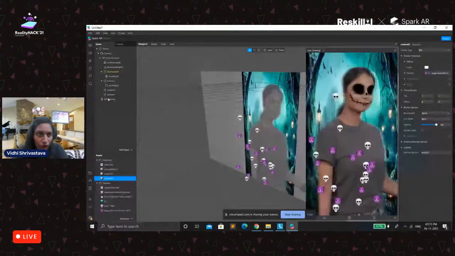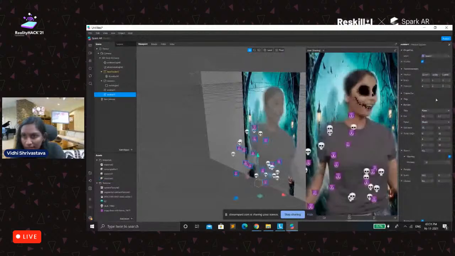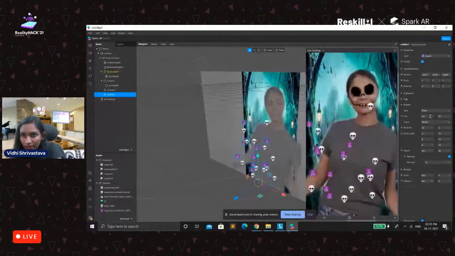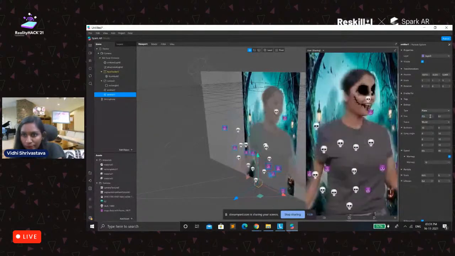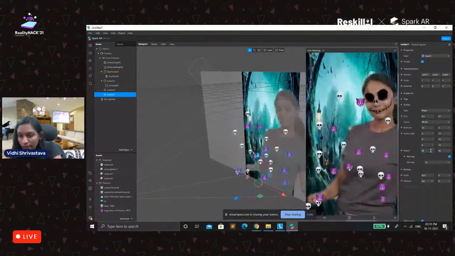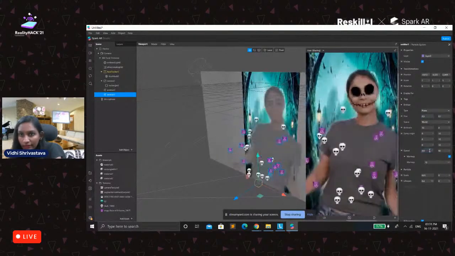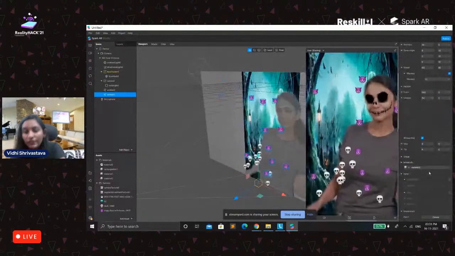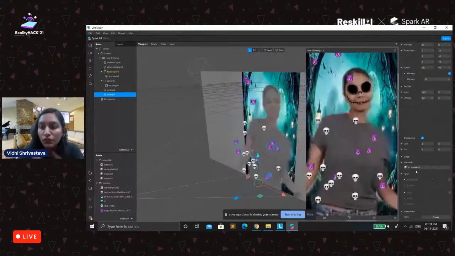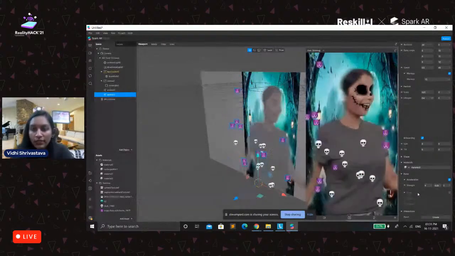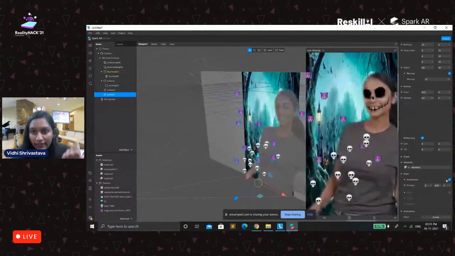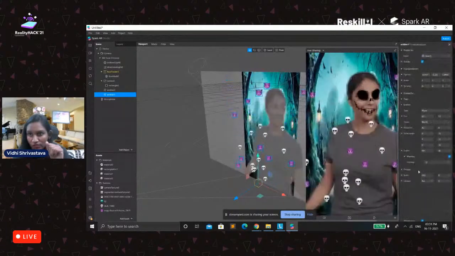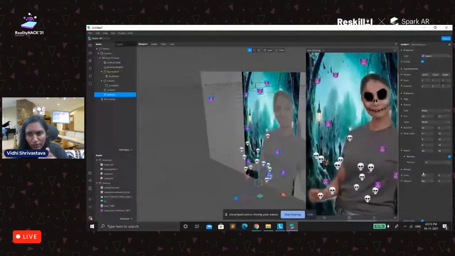Cool. Now, if you want it to go a little bit less, we can change the birth rate and size. Then we can change its speed, 0.8, and we have the physics here also, so you can use the force acceleration here. Now you can see that it's going at a very high speed. I don't want that, so I'll just uncheck it and reduce the speed also, if you want.